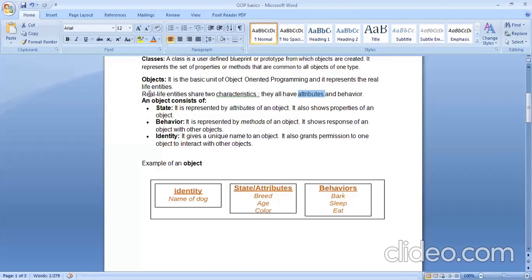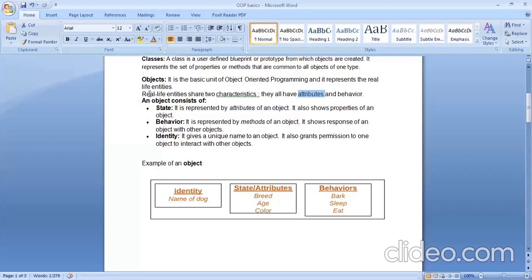What can be the properties of a dog? It can have a name that you give it. It will have a breed, it will have an age. It will have colors, whether or not it is a furry dog or non-furry, and its weight. So these are the properties that will describe the dog. Then talking about a vehicle, say for example, I have a car.